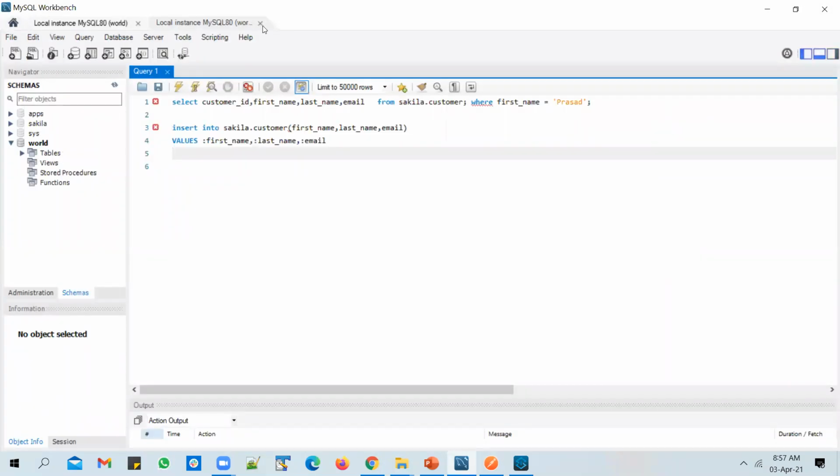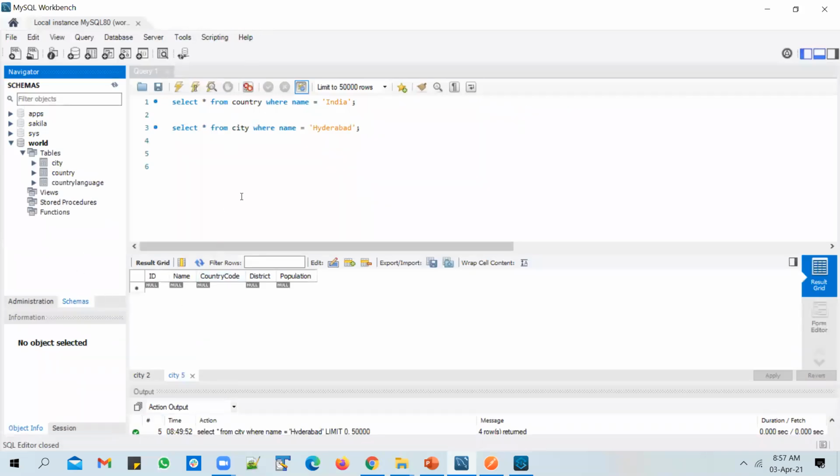In case your password is not saved, it will prompt you to enter the password and it will connect you to the database. By default, you will have 4 schemas available within the database. If you go to the world schema and look at the tables, we've got 3 tables in there, and we'll play around with these tables in this video and in the next video as well.